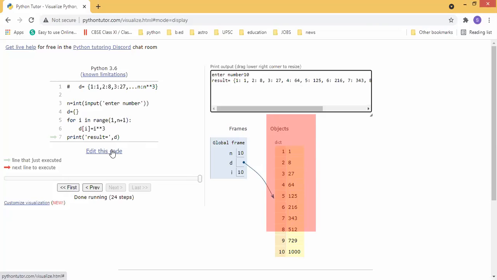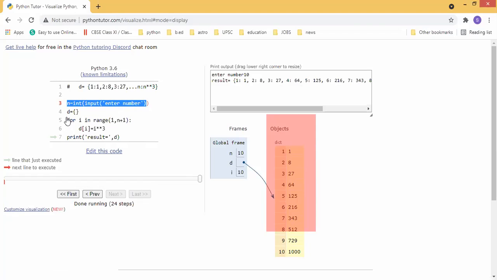Like this, they can ask anything in the exam, and you have to implement the solution. First we need some value, understand the question, then we need an empty dictionary. Dictionary is mutable, so we can add to it later, right? Then by using the traversing method, we access every item and assign the value to that particular key. The value will be by the formula, that is i power 3.